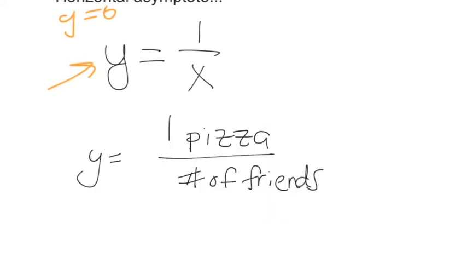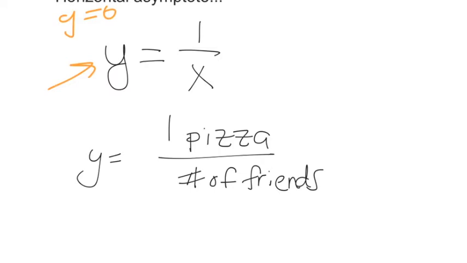A little background knowledge as to why we see a horizontal asymptote at y equals 0. So we look at our parent function here, y is equal to 1 over x. And let's actually think about it in a slightly contextual situation. Let's pretend that instead of 1 over x, we're imagining that one pizza is being split amongst a group